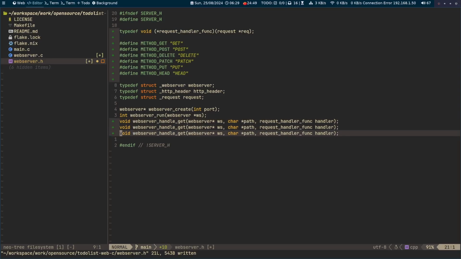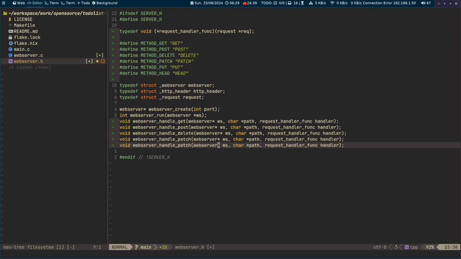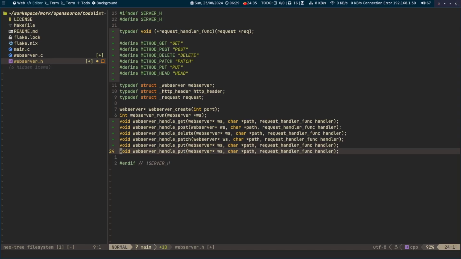Okay, let's repeat that for post, delete, patch, and put, what else, head. Get, post, delete, patch, put, head. Okay, perfect. Now that's out of the way, let's implement this